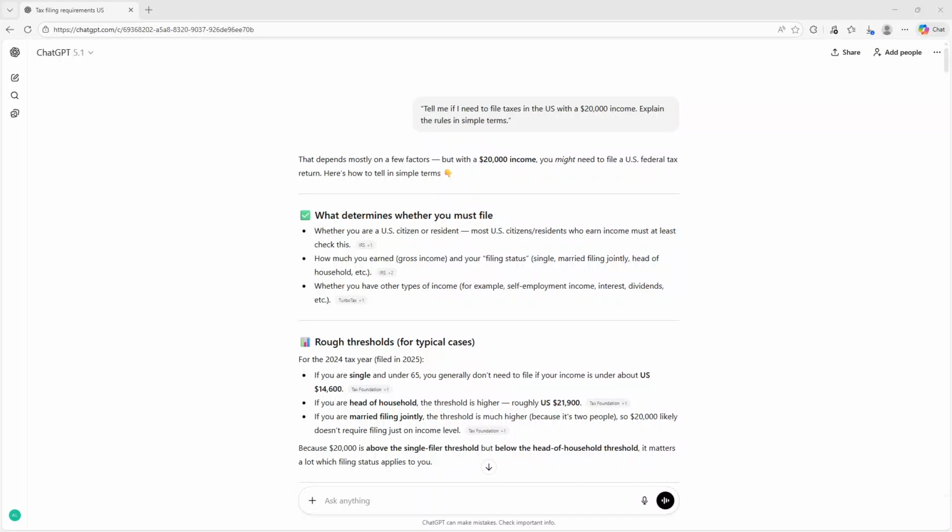Today, you're going to learn how to file taxes on a $20,000 income using ChatGPT as your personal tax assistant. I'll walk you through the exact prompts you can use to check if you must file, what tax forms you need, and whether you may qualify for a refund. This guide is perfect for beginners, part-time workers, freelancers, gig workers, and anyone earning a moderate income who wants clarity